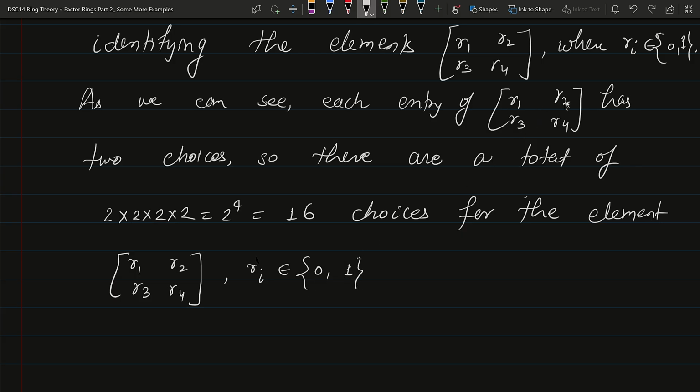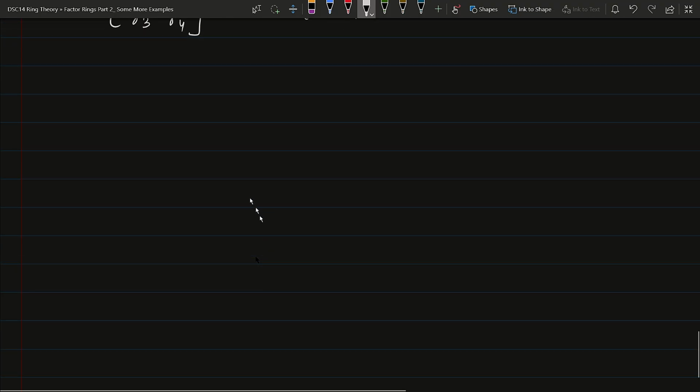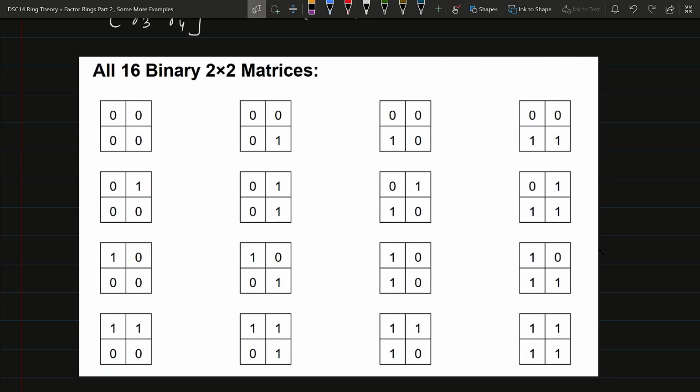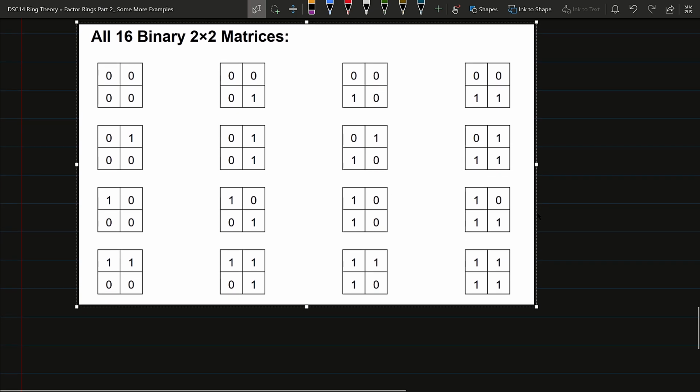तो इसका मतलब इस तरीके के हमें 16 एलिमेंट मिलेंगे और जैसे ही हम 16 एलिमेंट की बात करेंगे तो उनमें प्लस आई करने से हमें R बाई आई के 16 एलिमेंट्स मिल जाएंगे और ये 16 एलिमेंट्स आपको किस तरीके के दिखेंगे? Let me write that one also. So if I say this will be looks like this one. Okay, here you can see ये सभी वो एंट्रीज हैं जो हमें मिलेंगी। ओके, तो जब आप सारे R1, R2, R3, R4 को 0, 0 पुट करेंगे तो ये एक मैट्रिक मिलेगी। इसमें R4 1 है, यहाँ पर R3 1 है और इस तरीके से हमें ये सारी 16 2 क्रॉस 2 मैट्रिक्स मिल जाएगी जहाँ पर हर एक एंट्री कुड बी 0 और 1। ओके, सो